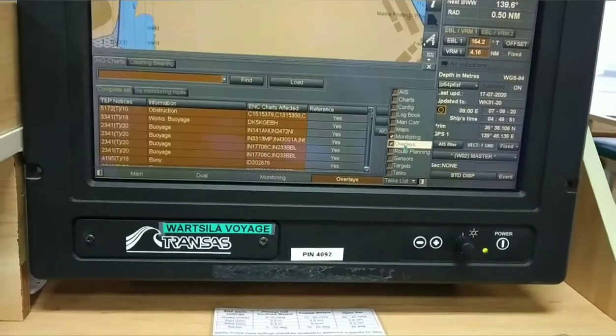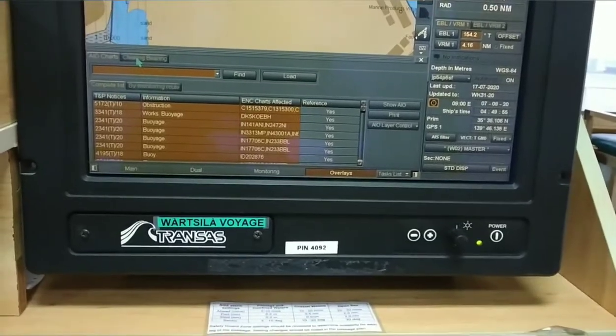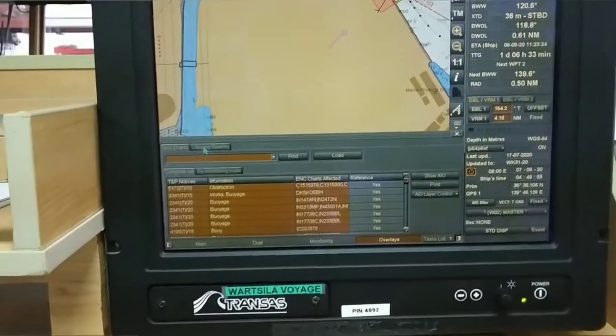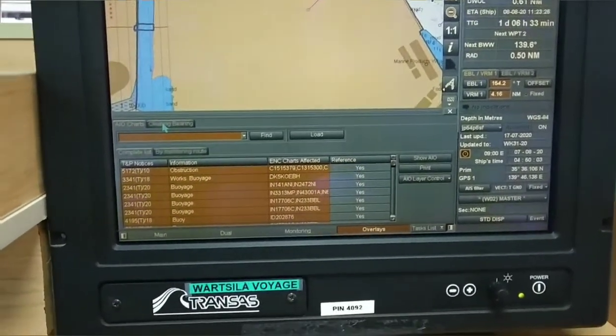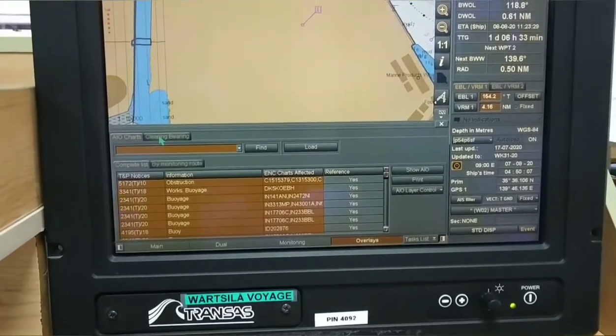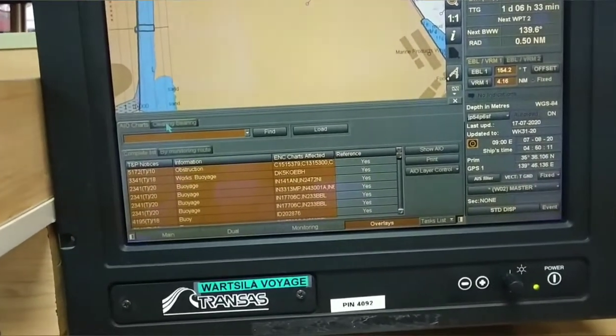Next is overlays. So AIO, basically it is Admiralty Information Overlay, TNP correction. While passage planning, AIO should be switched on so that you can get all the information regarding navigational warnings or some job has been done.